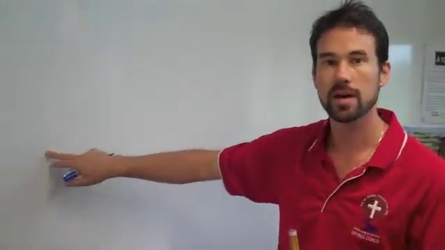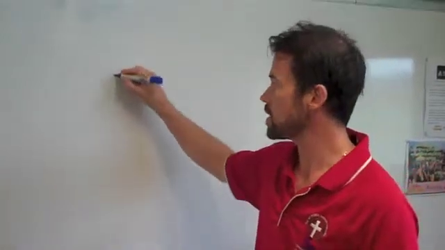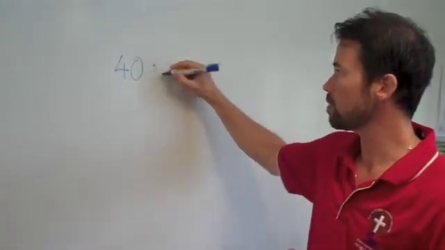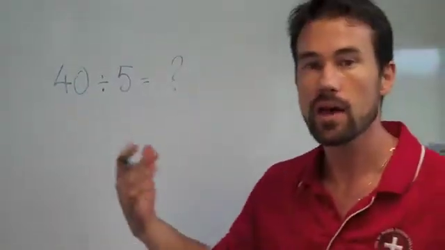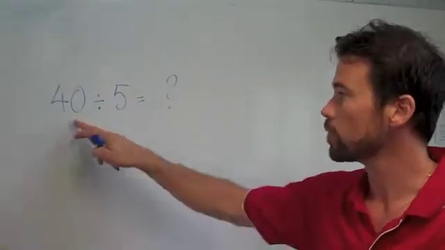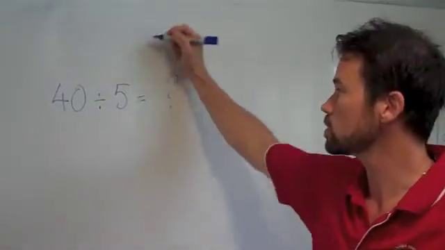Okay, so we can think about this then as being very similar to the last question. $40 is shared equally among 5 people, so we can think about that as being a division. 40 divided by 5 is equal to some quantity here. Now, if we know our times tables, we know that 40 divided by 5 is going to be equal to